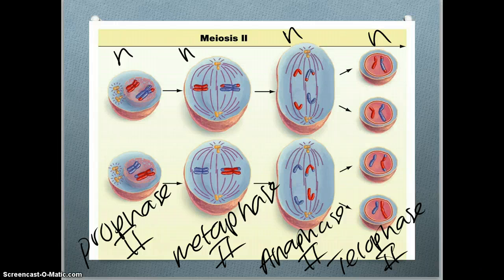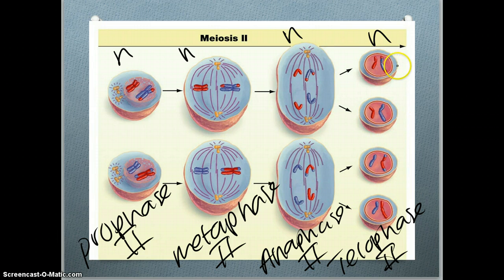During metaphase 2, the replicated sister chromatids are going to be put on the metaphase plate. During anaphase 2, the spindle fibers are going to separate those sister chromatids or replicated chromosomes. And then during telophase, new cells will form with cytokinesis, and you will have 4 haploid cells